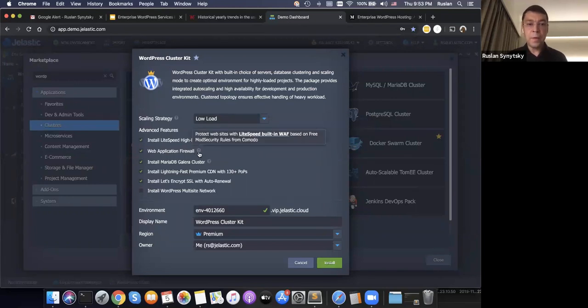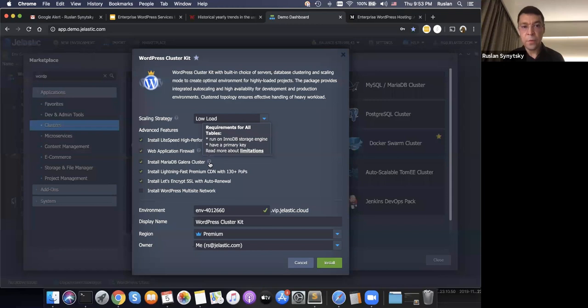Then you can enable a web application firewall, which is based on Comodo ModSecurity rules. And you can install a MariaDB Galera cluster. Or if you don't click this checkbox, we will install a master-slave replication topology for your MariaDB. And of course, there's an option to install, as I mentioned, premium CDN and Let's Encrypt, as well as the ability to install a WordPress multisite network.